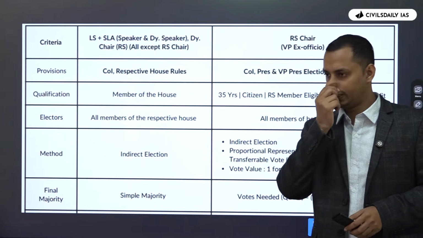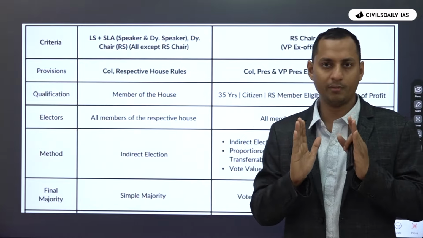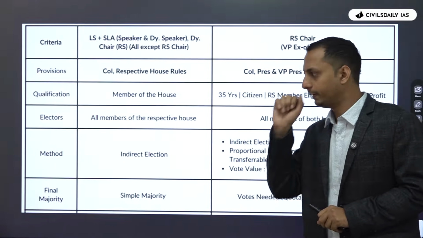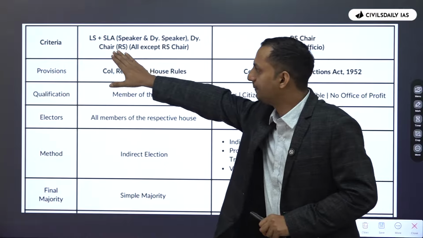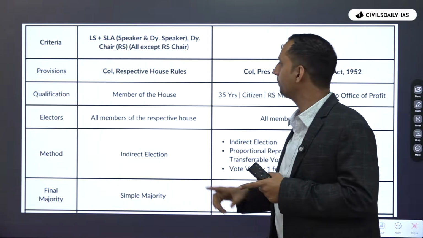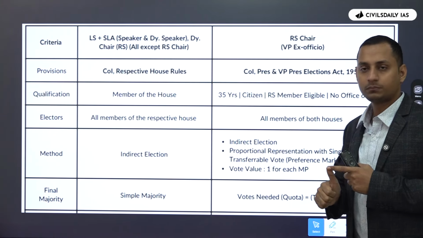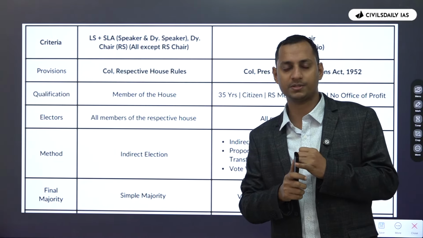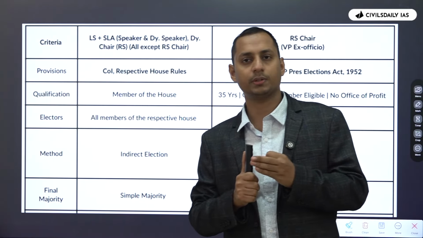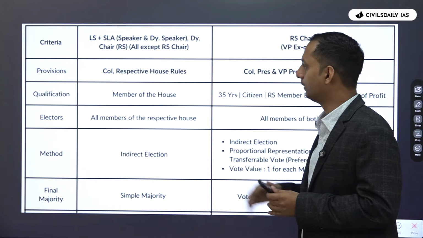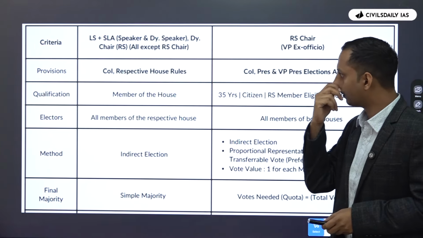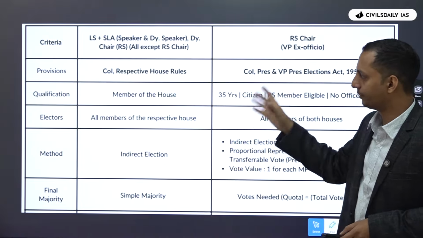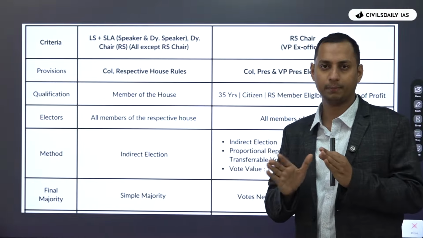And when you do the same, it's already there in the flash notes. Therefore, you don't have to make any note regarding the same. You need to study in a comparative manner. Let's say, for example, Lok Sabha Speaker, State Legislative Assembly Speaker, Rajya Sabha. This is the way you have to study. You have to compare and study between the Lok Sabha Speaker and the Rajya Sabha Chair and also the State Legislative Assembly Speaker. What are the different qualifications, electors, method, removal, majority, provisions, everything you need to compare and study.